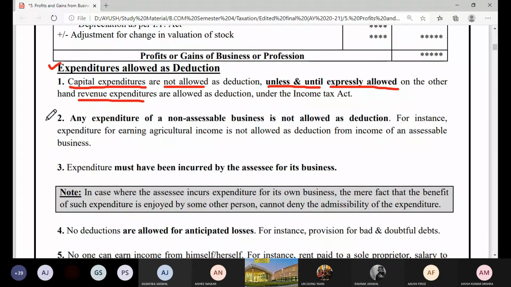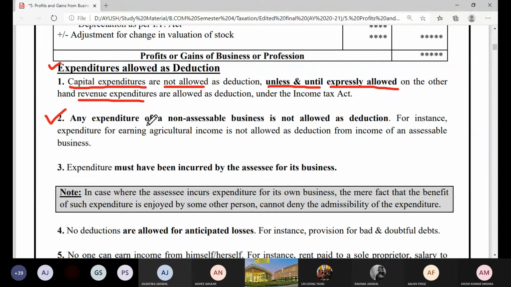Okay. The second point: after deciding that it's a revenue or capital expenditure, we know that revenue expenditure can be written under PL and can be allowed as expense. We need to check again whether such expenditure is related to the business or not. It may happen that you have classified an expenditure as a revenue expenditure, but this revenue expenditure is a personal expense of the owner. So after classifying expenses as capital and revenue, you need to check whether the revenue expenditures are relating to business or not.